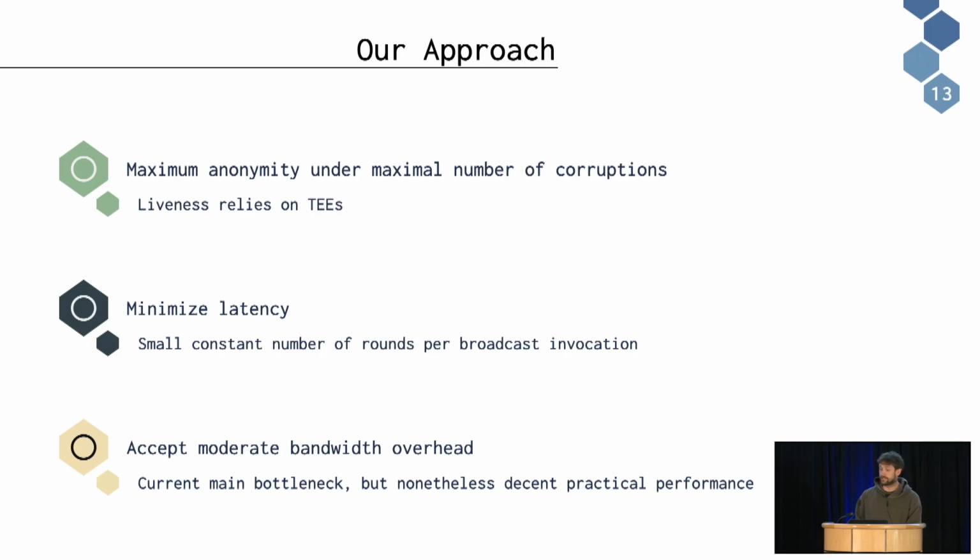And in terms of the security of our protocol, we do something that I think is interesting in the sense that the liveness of our protocol relies on the security of TEs. So we assume that TEs are not broken for the protocol to proceed in producing output messages. But importantly, anonymity does not. So if it were to happen that we're wrong and somebody can break a TE, then it might happen that a denial of service attack is being performed on the network, but no one's anonymity is affected by this. Okay, so this in some sense makes TEs something like a falsifiable assumption.